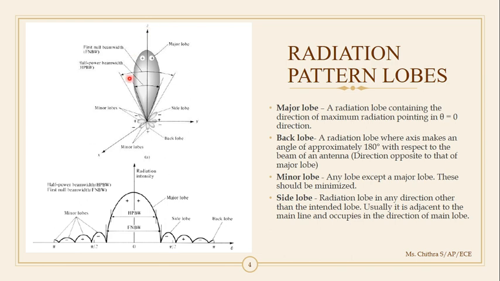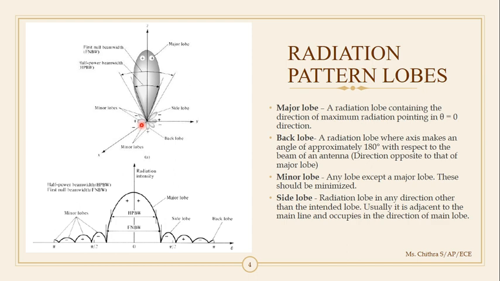The next one is the back lobe. So this is called the back lobe, which is totally 180-degree phase shifted to your main lobe. So the back lobe is where there is still a loss of energy, but exactly 180-degree opposite to your main lobe, the lobe that is present, we call that the back lobe.